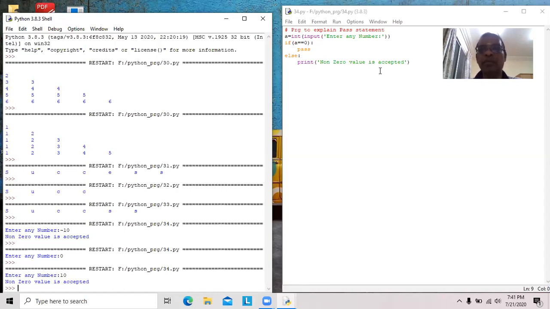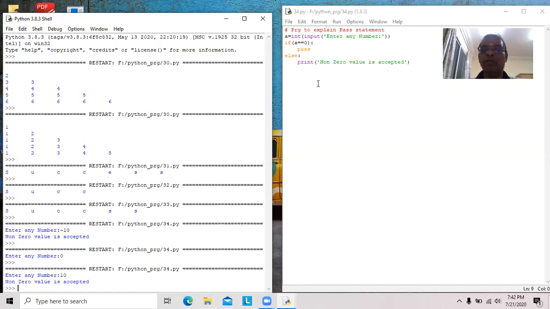Break terminates the loop immediately, or we can say break transfers the control immediately out of the loop. Continue skips the remaining part of the block for the particular iteration only and proceeds to the next iteration. Pass is very simple. It is a placeholder. The interpreter simply ignores it.